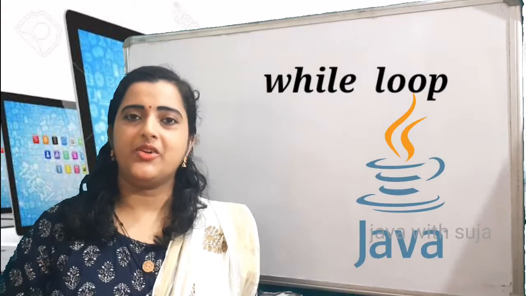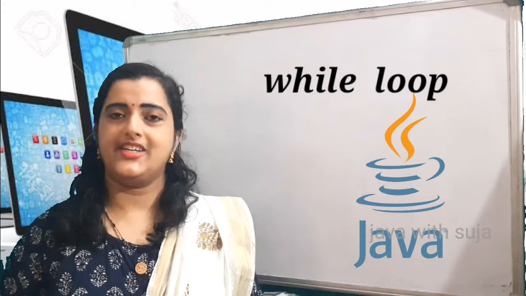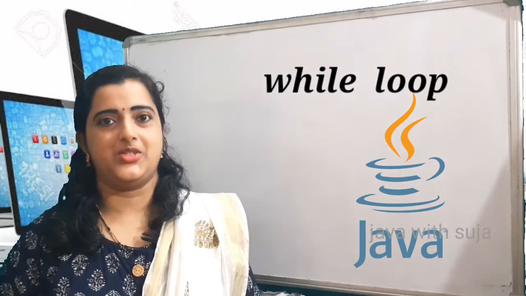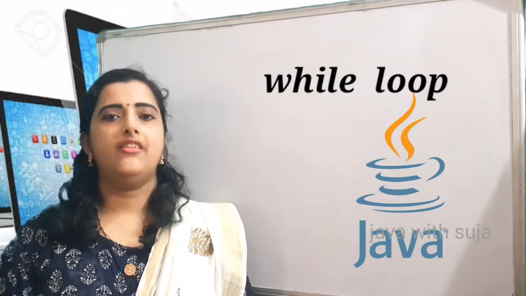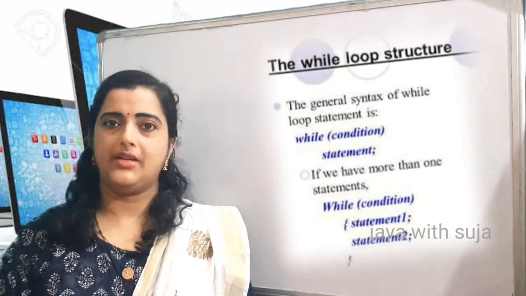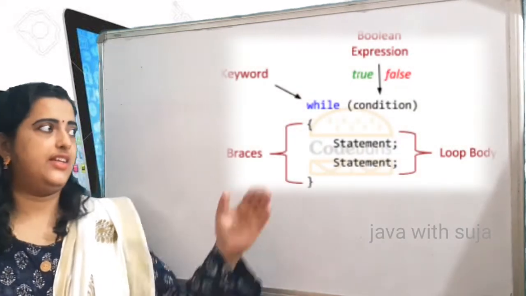In this session, we discuss the while loop, its syntax and its working with the help of an example. Similar to the for loop, the while loop is also considered an entry control loop, as it checks the condition first, prior to the loop body execution. Like the for loop, the while loop can also have a single statement in its loop body as well as multiple statements. So let us see the syntax.